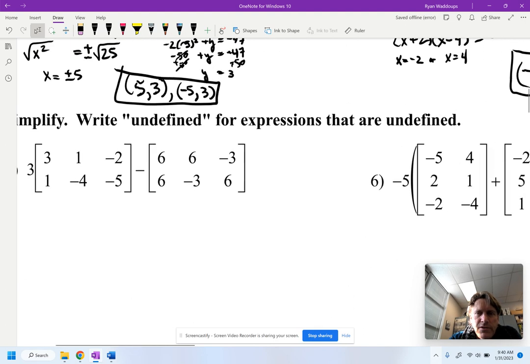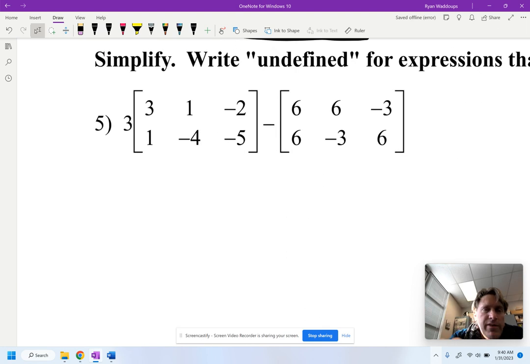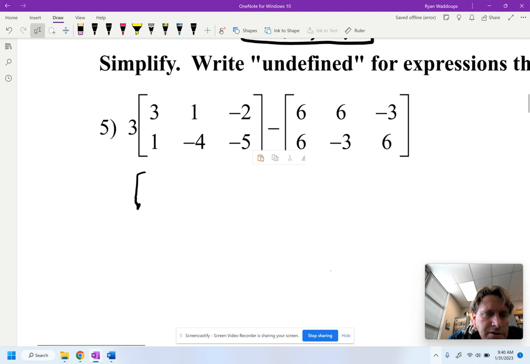Simplify, and write undefined for expressions that are undefined. All right, so this one has a couple things here. The 3 out front is called a scalar, and it multiplies every element inside. And so the new matrix becomes